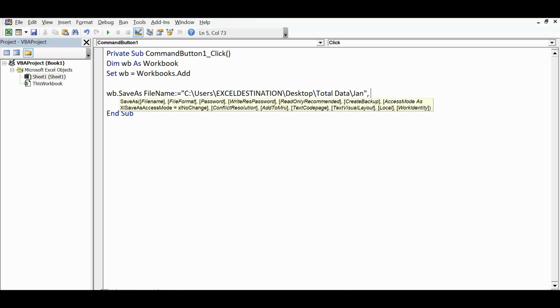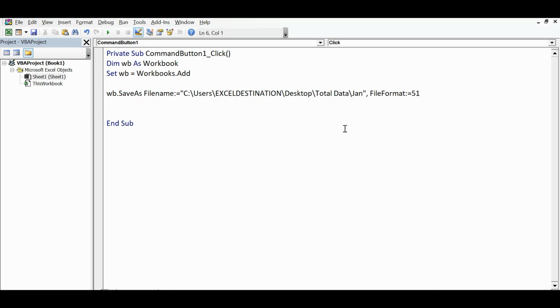I want to save this as a simple Excel file, so here FileFormat:= 51. Why 51? Because for .xlsx we can use 51. If we want to save the file as macro-enabled, I mean .xlsm, then we can write 52.